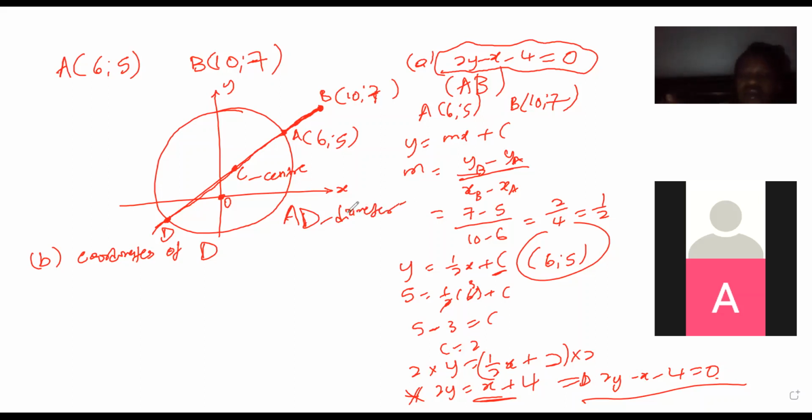So we've got point A, and we've got C, which is the center. We don't know the coordinates of C yet. So how do we get the coordinates of D? I would say the same as the coordinates for A, because